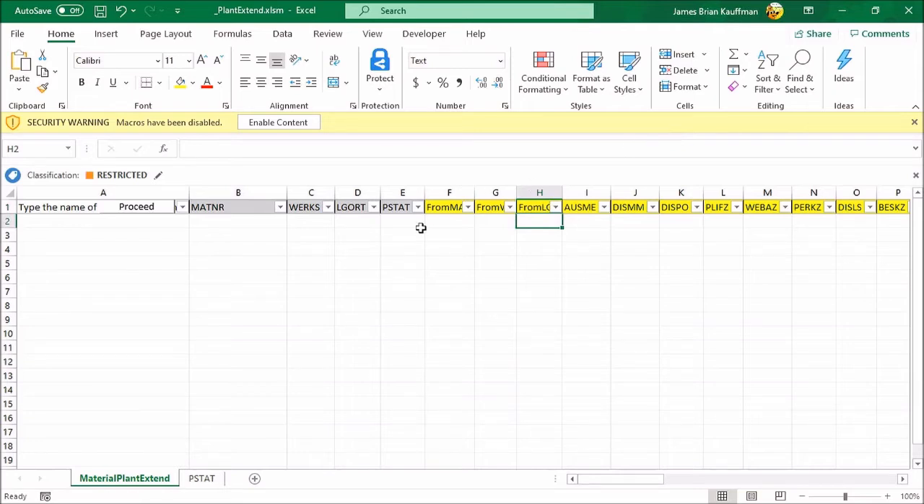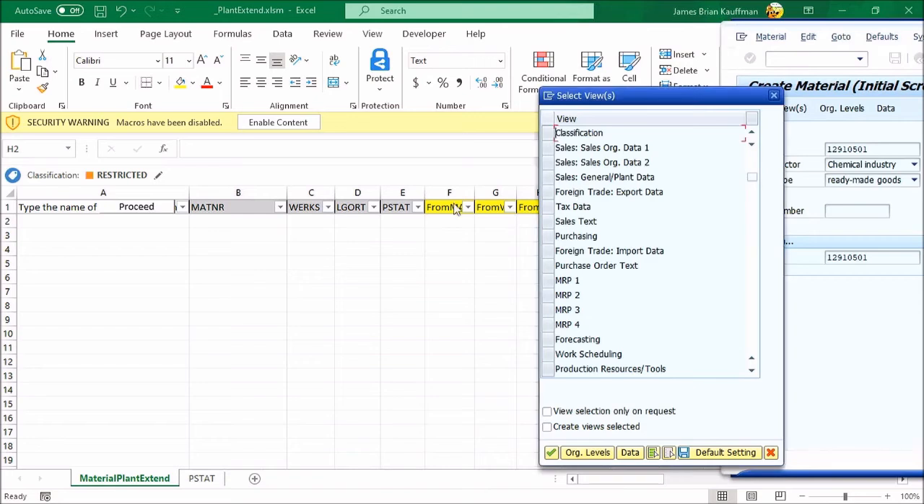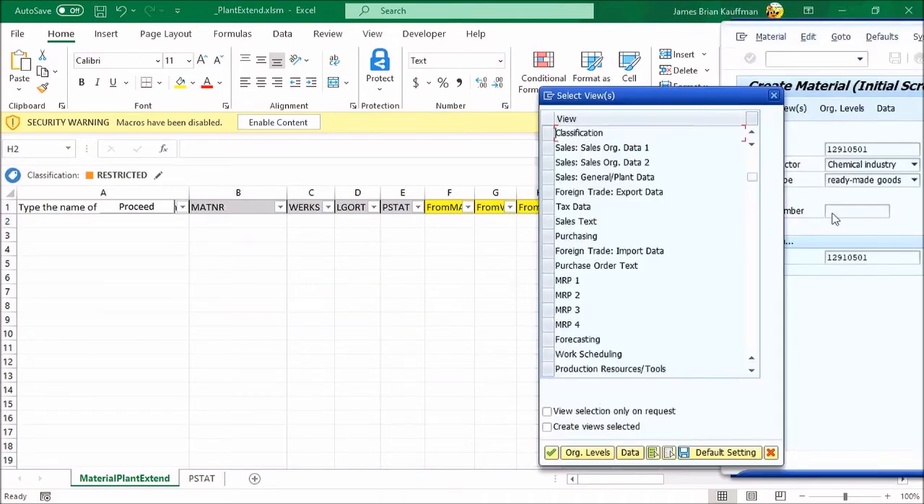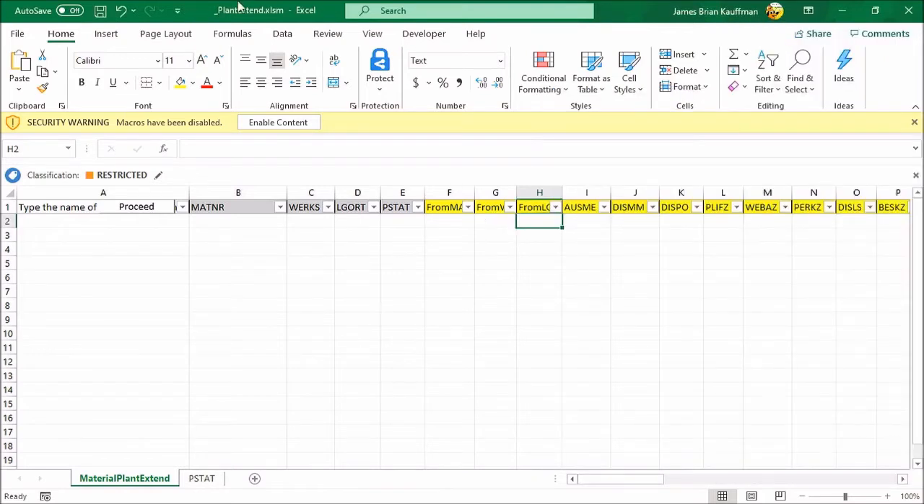And that way, when I'm running this code, I don't need to populate all of these columns, these 64 columns, with data, because it'll copy the data from a plant extension that already exists in the system. Let's go through it. I'm just going to recycle this plant extend tool. In fact, I'm going to save it